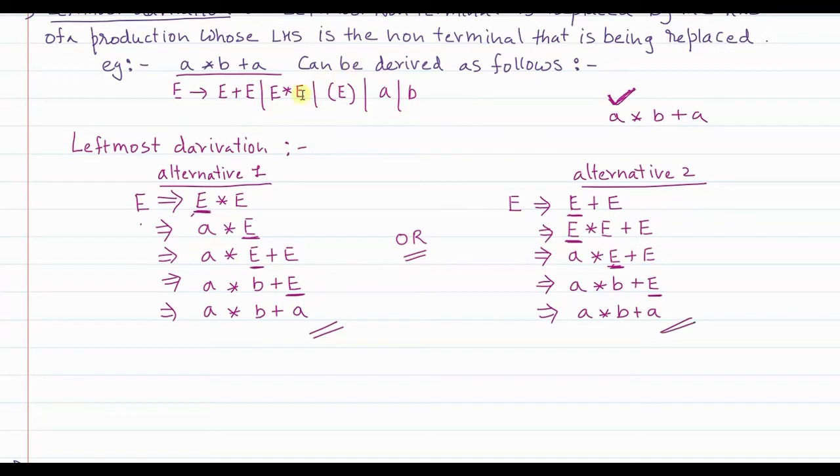So now because there was a multiplication and addition, both were there, there are two alternatives. Both are leftmost derivation because the replacement, when I say replacement, it means what? It is actually elimination of a non-terminal. Replacement is occurring from left to right. Once the leftmost non-terminal is eliminated, then the next leftmost we are trying to eliminate. Here also it is leftmost only, but I am doing it in a different way. Here E into E I had considered, here E plus E I had considered. So this is basically the leftmost derivation.